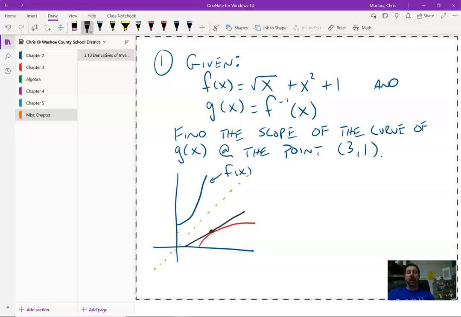And that would be the point, again, if you flip x and y, that would be at the point 1, 3. Okay? That's the point 1, 3. This is the point 3, 1. Because again, for the inverses, you flop your x and y, and you're really flipping every x and y on every point. All right. So if I could find this slope maybe instead,